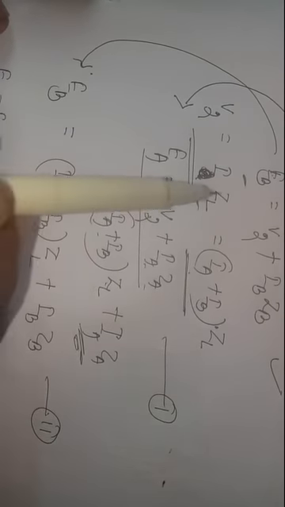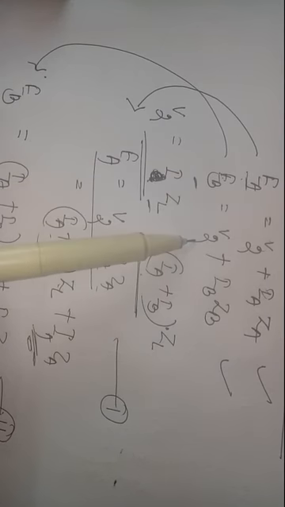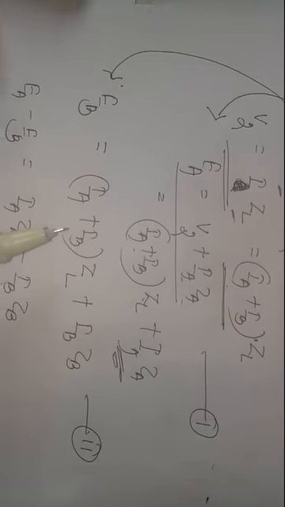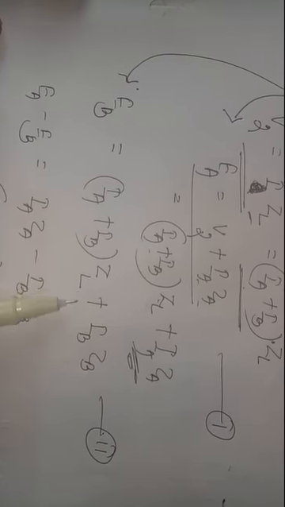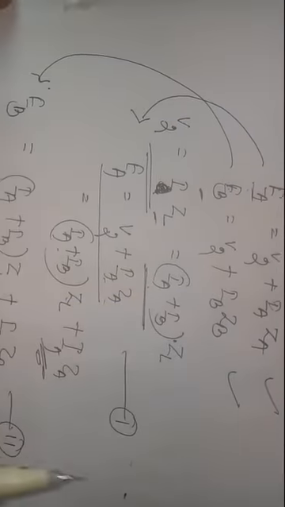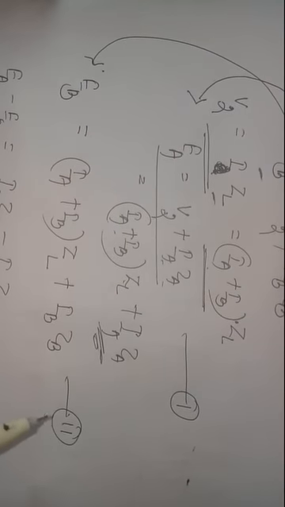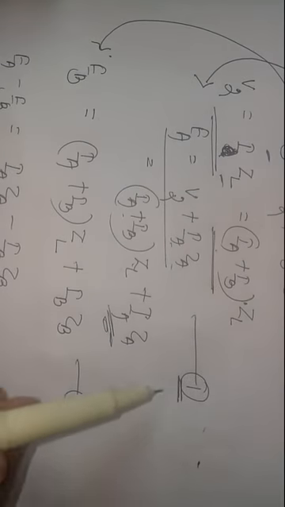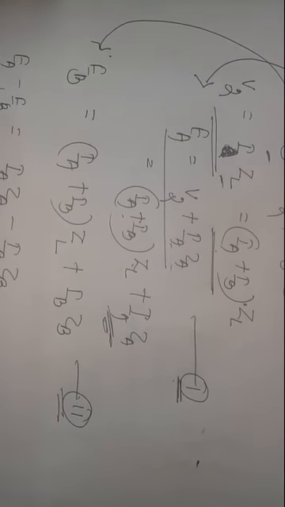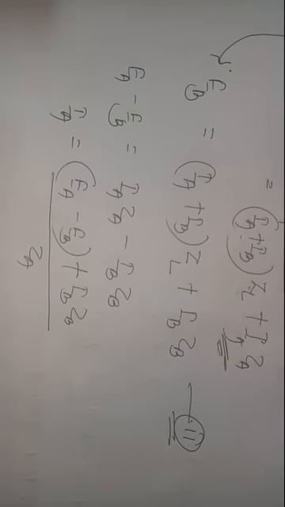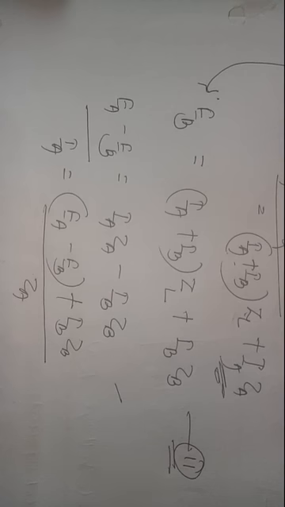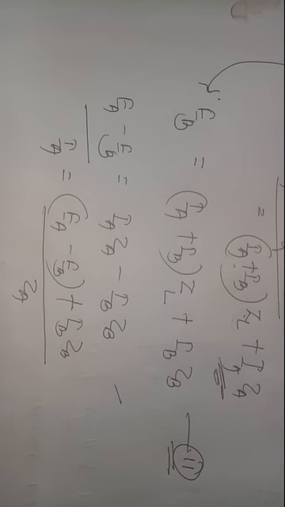Similarly, take the value of EB, which is V2 plus IB ZB. Substituting the same V2, IA plus IB into ZL, and IB ZB remains as it was. This is the equation of EA and EB; EA is marked as equation 1 and EB as equation 2. To calculate the circulating current, we have to calculate the difference in the voltages, that is EA minus EB.